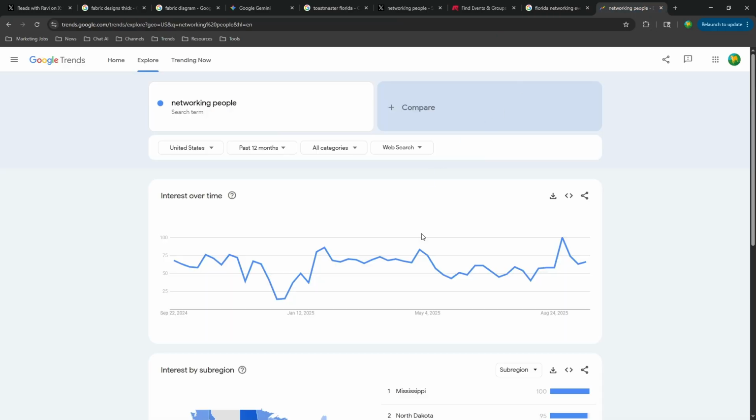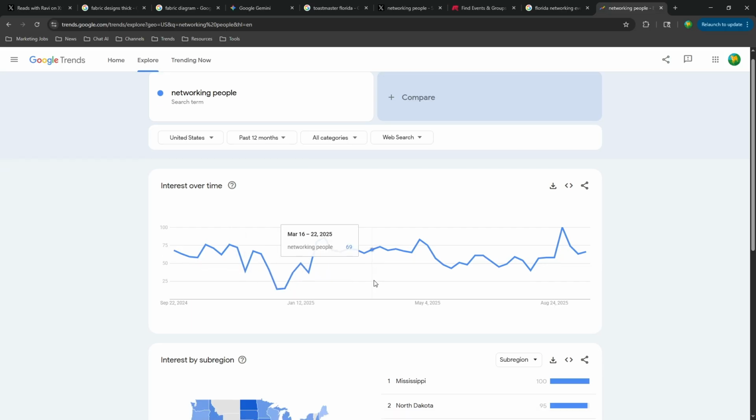And then I'll look at networking here. Throughout the time, it does look like it goes through some cycles. So in December here, the networking does seem to drop quite a bit. And then in June and August, it does seem to drop more. But then in the summertime and maybe a little bit in the fall here, it does seem to rise up quite a bit.